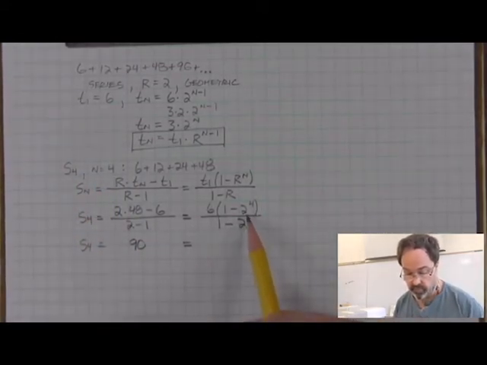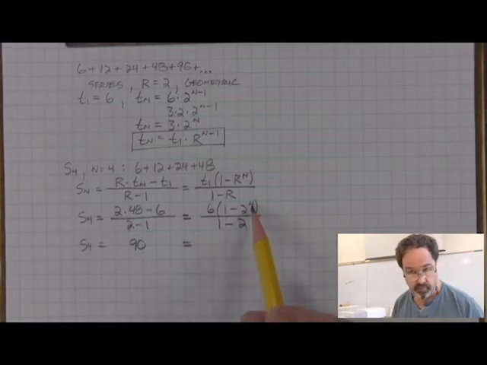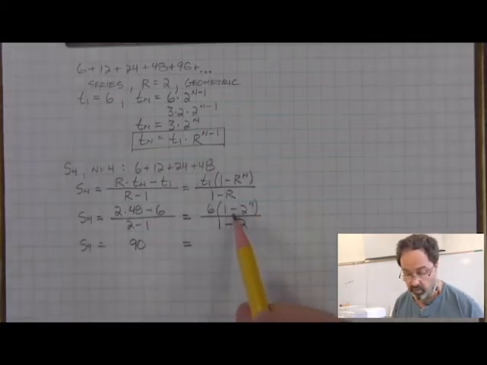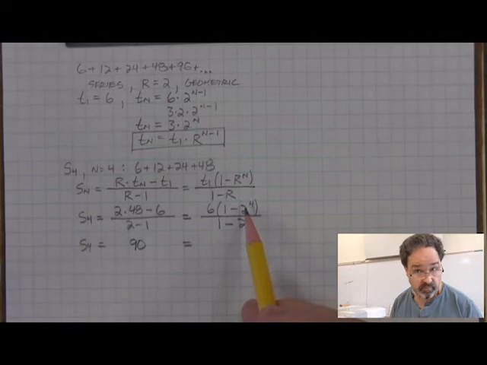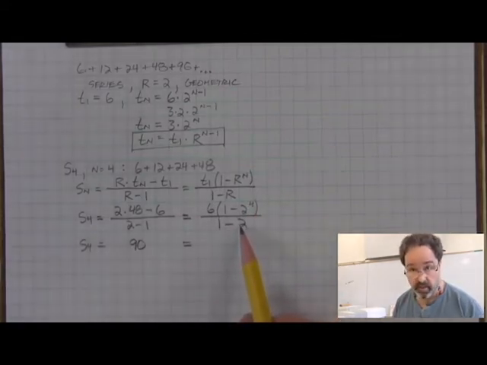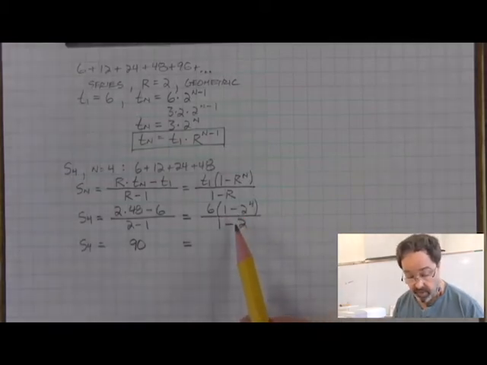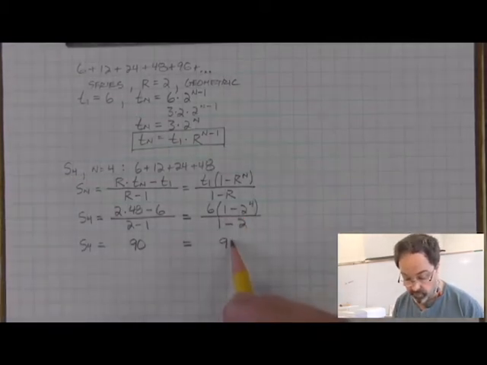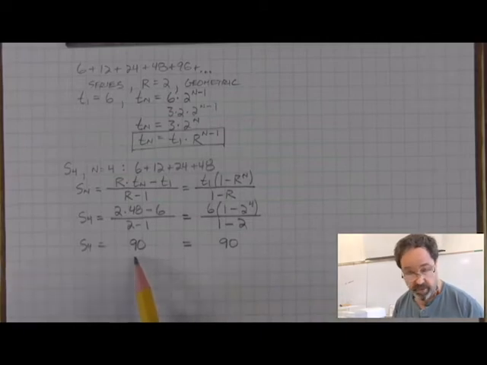Using the alternative equation, we're going to start with the power 2 to the 4th, 16. 1 minus 16 is negative 15. Curious that it's negative. 6 times negative 15 is negative 90. But if we're dividing by 1 minus 2, 1 minus 2 is negative 1. So it'll be negative 90 divided by negative 1, which turns it back into positive 90 and checks with the